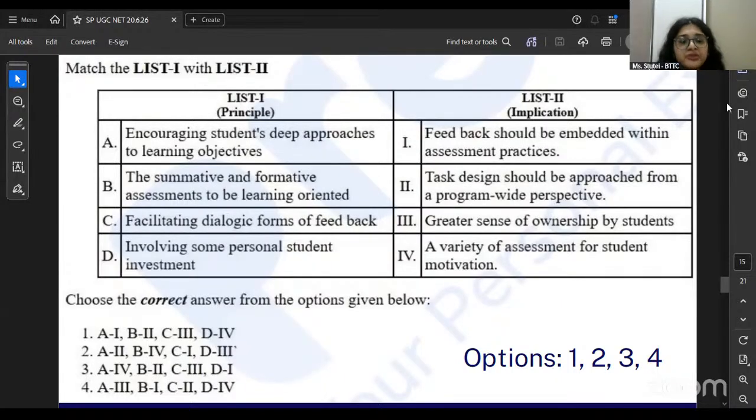And sorry, out of all the options, it is only in option number 3 that C is matching with 3 and D is matching with 1. So of course I tried to figure out if A matches with 4 and B matches with 2. And in my head it did. So I ended up choosing option number 3, which is A, encouraging students' deep approaches to learning objectives, is matching with option number 4, that is a variety of assessment for student motivation. B, the summative and formative assessments to be learning oriented, is matching with the implication,